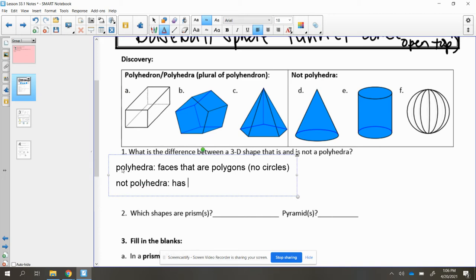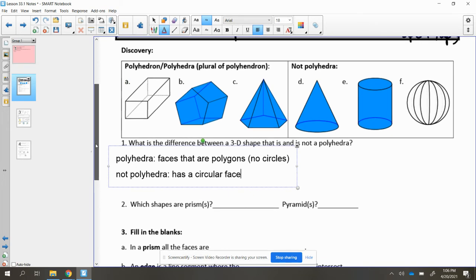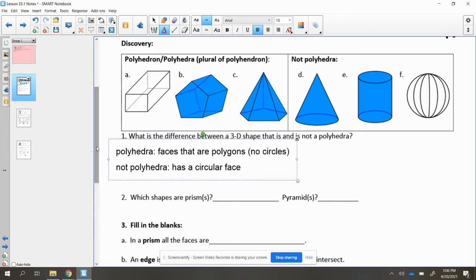which have a circular part. Now, looking at A, B, C, D, E, and F, which of these would be considered prisms versus